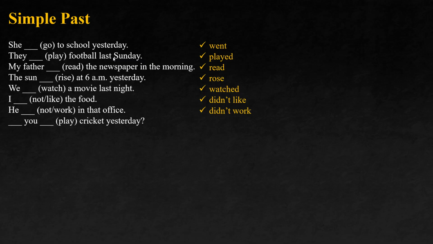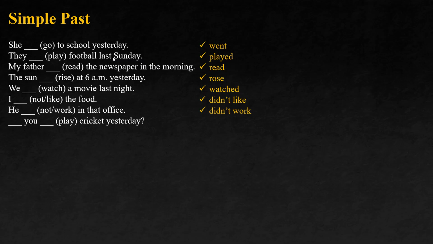Yogesh, try this. Do you played cricket yesterday? Simple past. How come it is do? What is the V2 format of do? Does you played cricket yesterday? Pallavi, try.